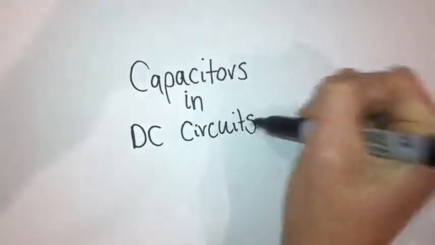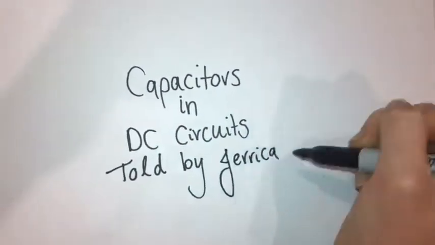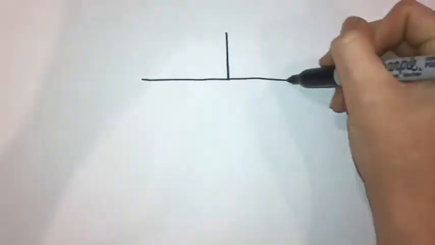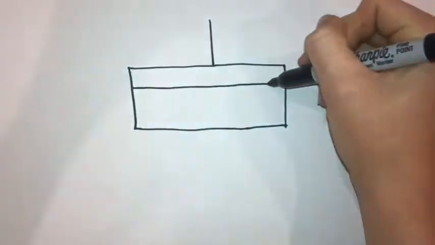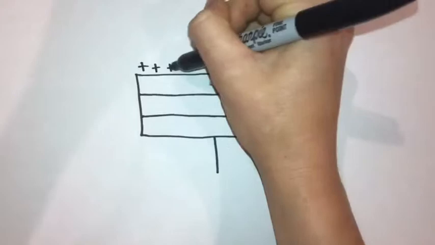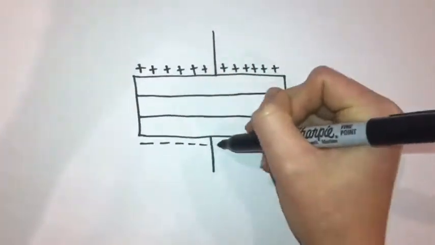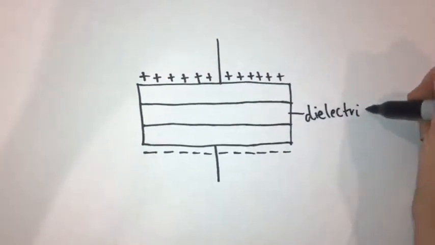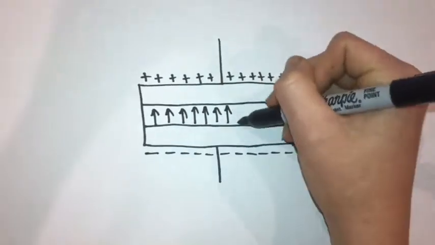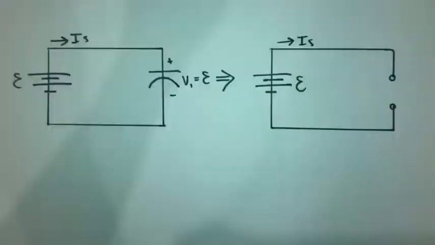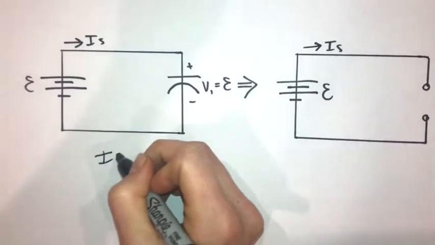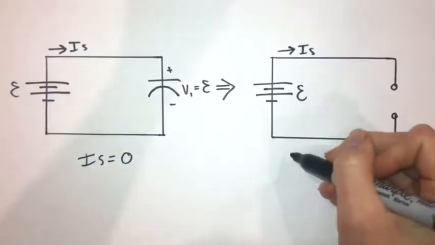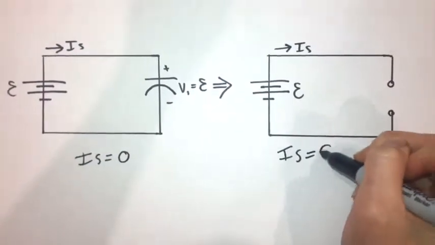Hi, this video is about capacitors in DC circuits. So a capacitor stores electrical charge. The most commonly used kind is a parallel plate capacitor, which involves two separate conductor plates separated by an insulating dielectric. When current flows into a capacitor and it reaches its full capacity, it then acts like an open circuit